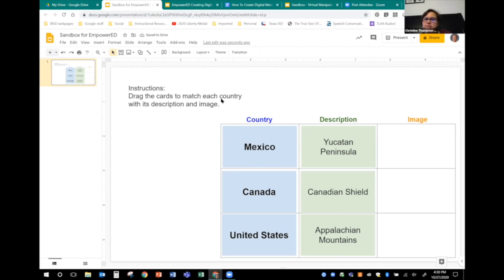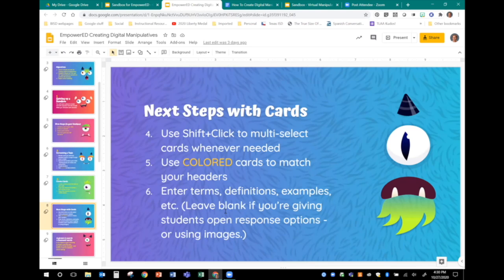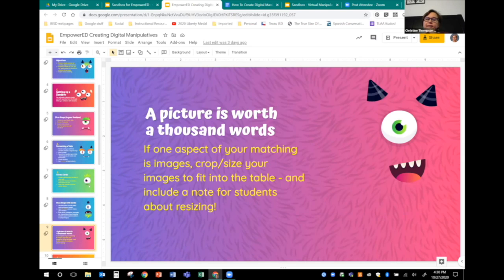And then, is everything okay? Everybody with me still okay? Awesome. Okay. So then I'm going to add those images. If you're adding images as one of the things your kids are matching, you're going to crop or size your images to fit the table.